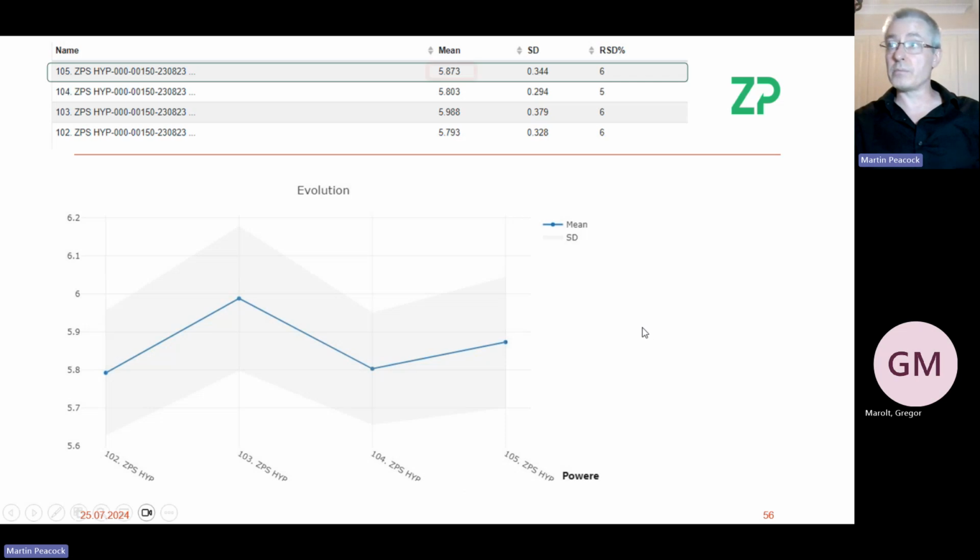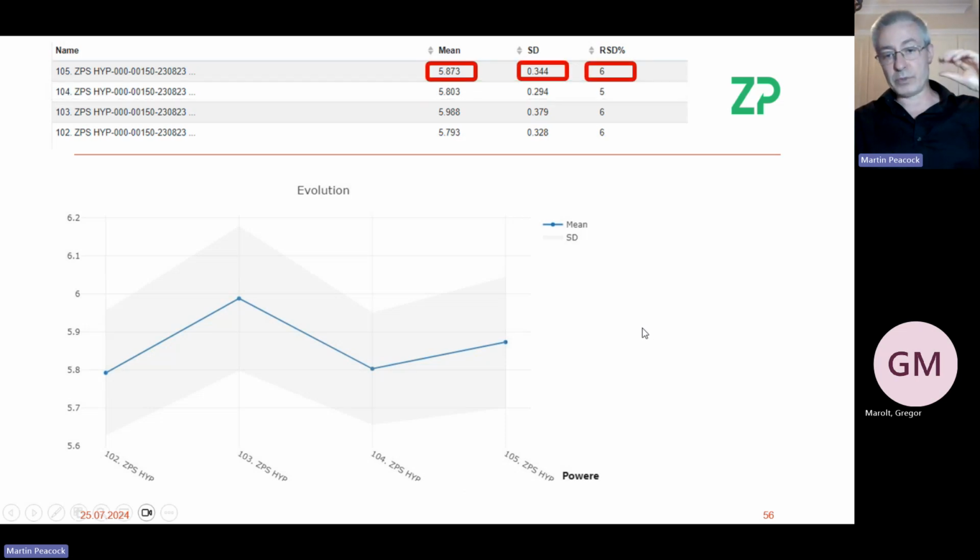So we always make sure that we're much less than 10% because we know that if we don't get a good reproducibility, the company that's going to be first impacted is Zimmer and Peacock, and then the people who are going to be second impacted after that is actually all our academic colleagues who are also using the screen printed electrodes. What makes Zimmer and Peacock quite unusual as a manufacturer of screen printed electrodes is the biggest consumer of